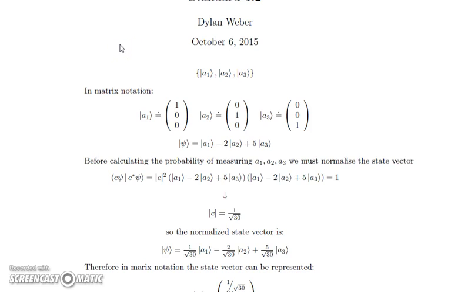Okay, so this is my video for standard 1.2. It has to do with matrix notation. That shows problem 13. So in the problem, they give us a general quantum system that has three possible measurement